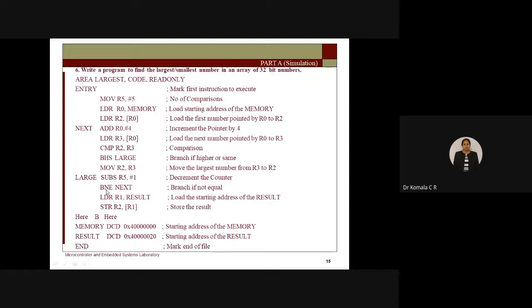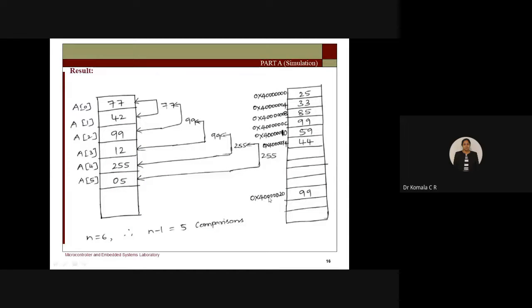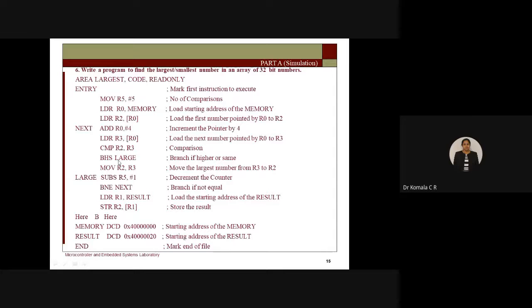Once you finish, you come out of this loop where you want to store the result, which you have in R2, right? If R3 is greater, you will be moving it to R2 itself. If R2 is greater, you will be taking the result R2 itself. So you want to store the result of R2 to the location result. Before that, you load the starting address of the result to one of the registers, say R1. So I'll be loading the starting address of result to R1. Now R1 is used as a pointer for result, whose location is 20. Now where is your result? Your result is in R2. I will store this result from R2.